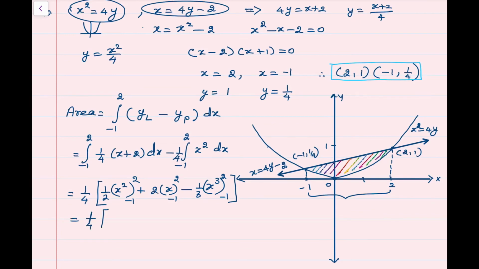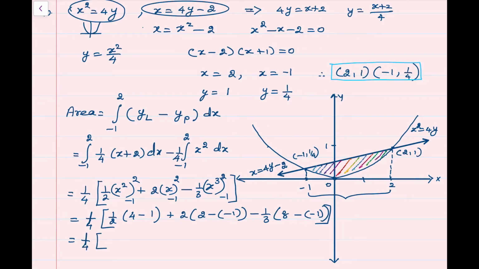1 by 4 times half into upper limit minus lower limit, plus 2 times upper limit minus lower limit, minus 1 by 3 times 2 cube is 8 minus of minus 1 cube is minus 1. This is equal to 1 by 4 times 3 divided by 2 plus, this is 2 plus 1, 3. 3 2s are 6 and this is 9. 9 by 3 is 3,